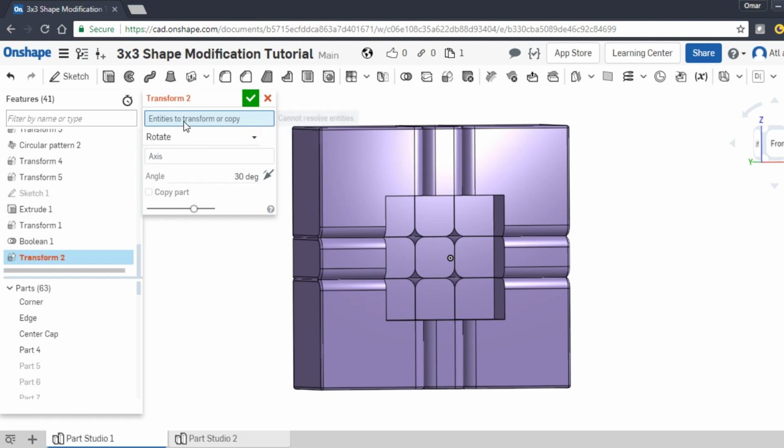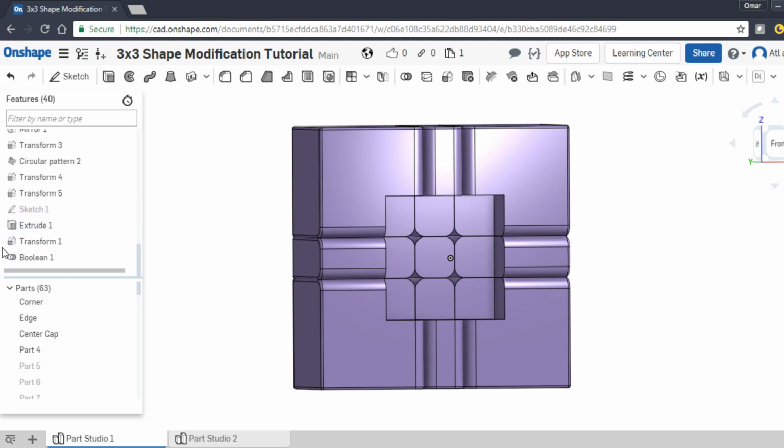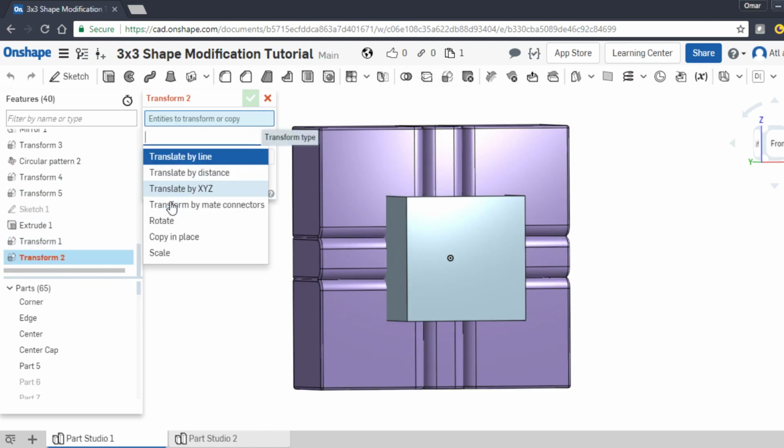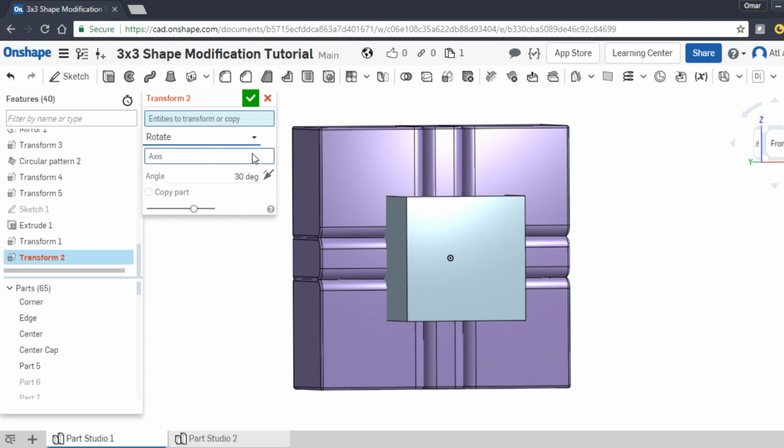So go ahead and choose the transform. Actually, I want to cancel that and go ahead and delete this Boolean operation because it deleted our cutting cube, and we don't need it. So go ahead and delete it. Now that we have our cube back, we're ready to create the transform. So click on the transform, rotate, and for the axis,